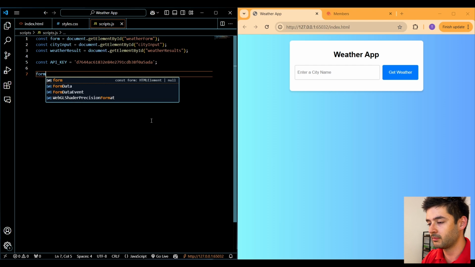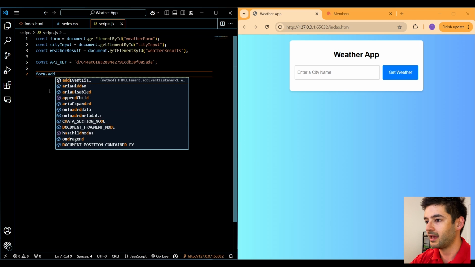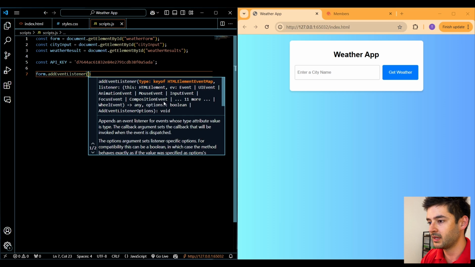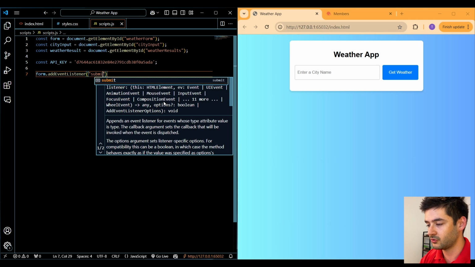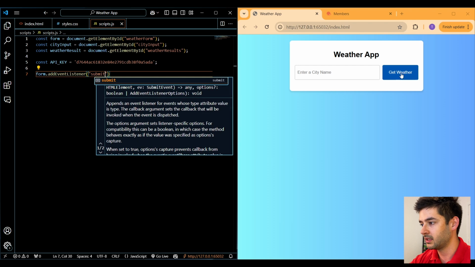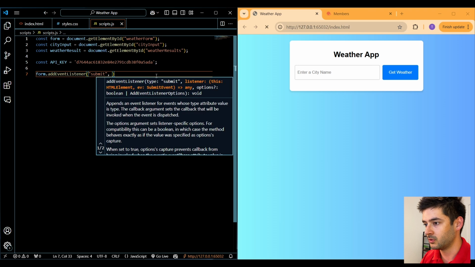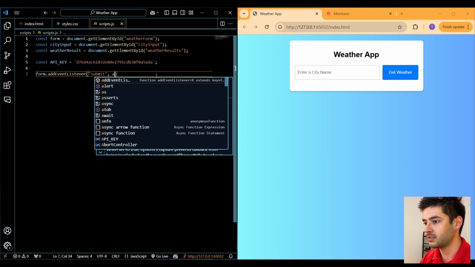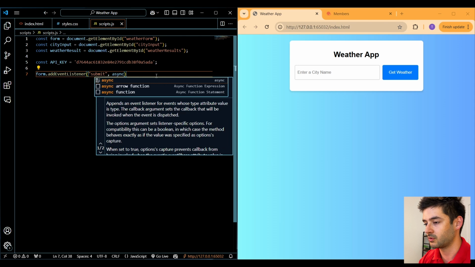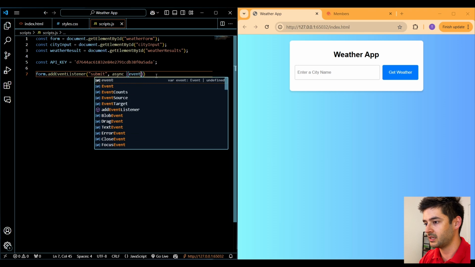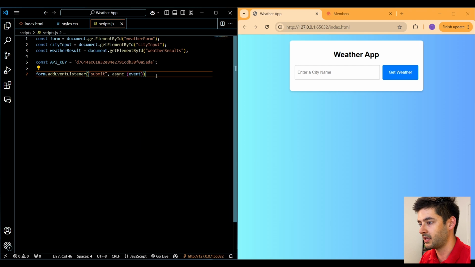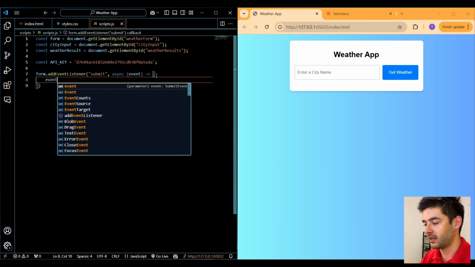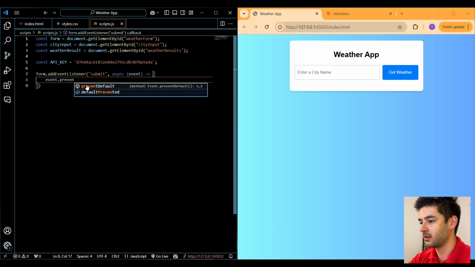Use our form variable and we want to add an event listener to our form. And this event listener is going to be on submit. So when I click get weather, it's going to enact the callback function that I will create right here. And this needs to be an async function since we're working with APIs. So we'll say async, and then we want to pass in our event object into this asynchronous callback function here. And the only thing we want to use our event object for is to prevent the default